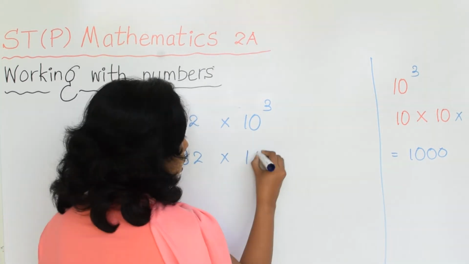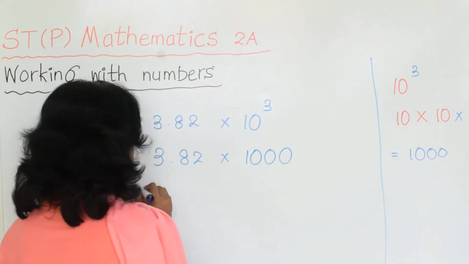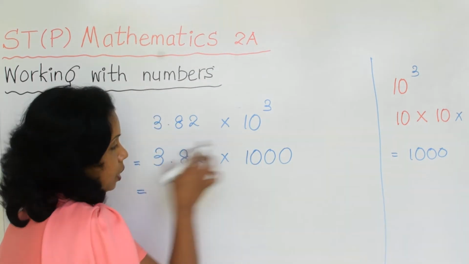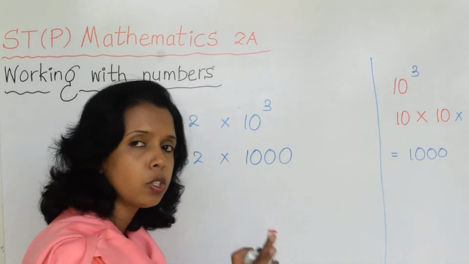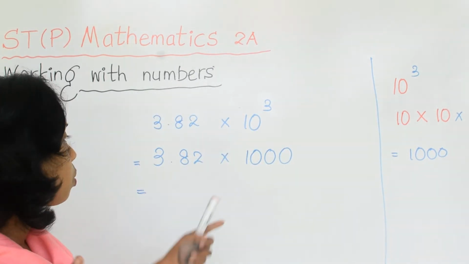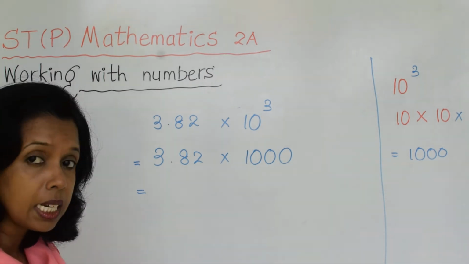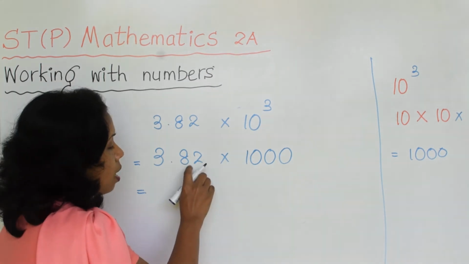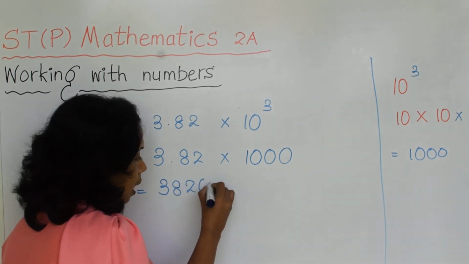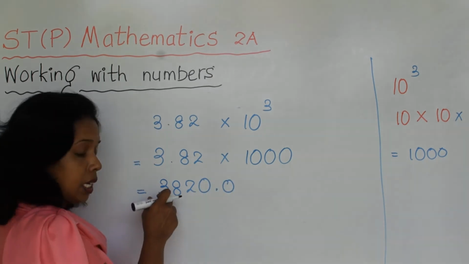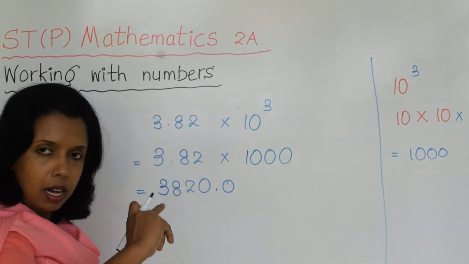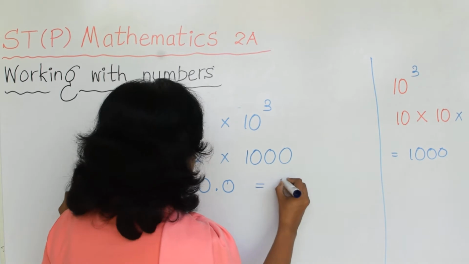So it is 1000. Now again the same decimal calculation. When you multiply a decimal number by 1000, it's a multiplication, so you want to move the decimal point to this side. How many steps do you want to go? You want to go 3 steps because here there are 3 zeros. 1, 2, 3. We want to go another step. Earlier it was here, right? 1, 2, 3 you have come. Yes, but the final answer you can write